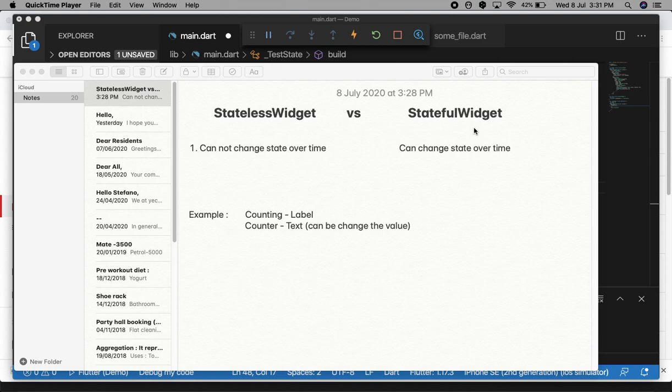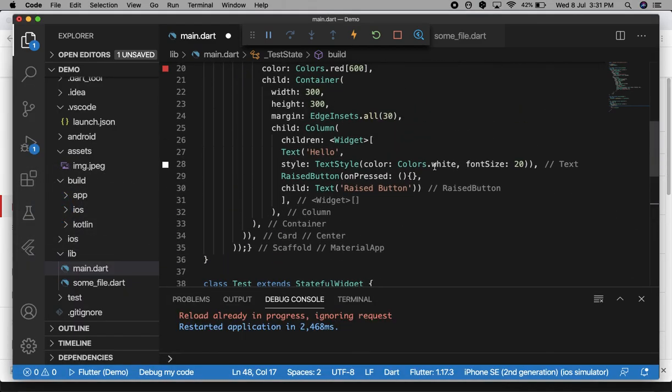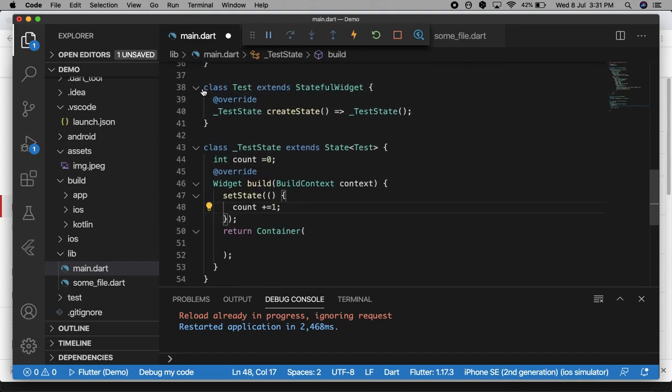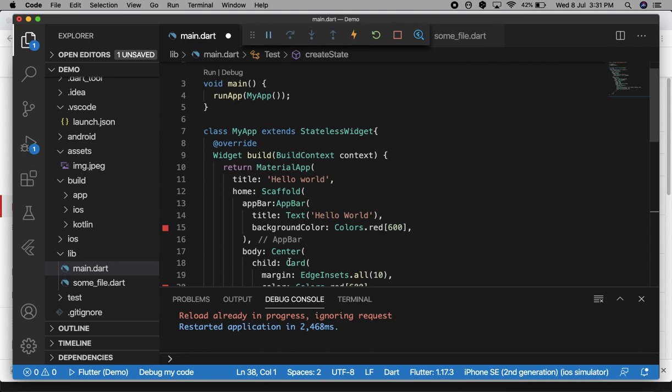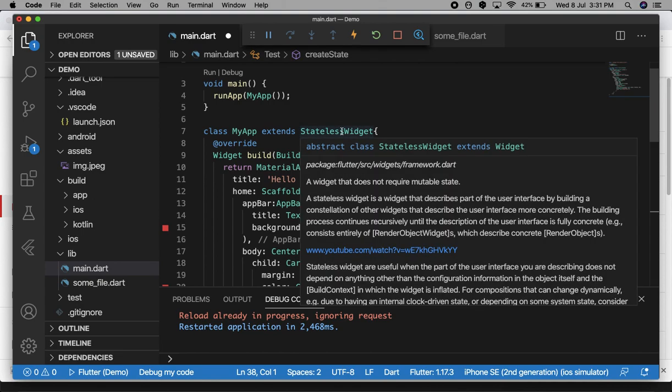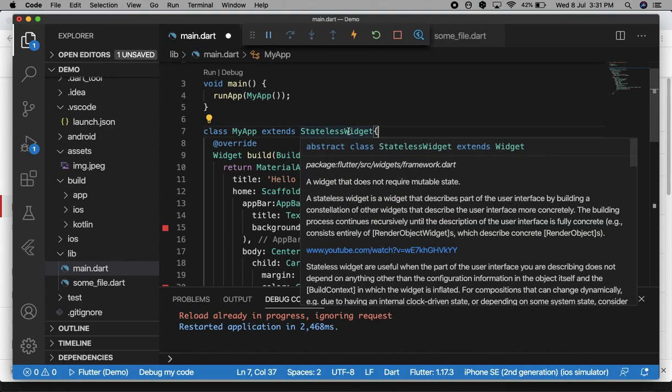Just start here. So far we have seen that in every example we have created a stateless widget, because we are not going to update any widgets, so that's why we are using a stateless widget here.